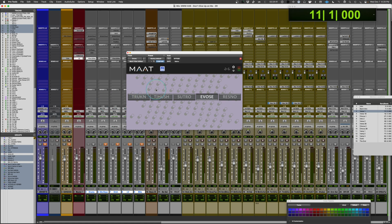They do have some descriptions for each of these. So for example, Truckin' here, they call it subtle sweetness and energy, which can mean a lot of things depending upon the material. This is a low amplitude version of that. Sutro is described as giving more attention to frequencies above 8K, so that would probably give you a little more presence and air. Resno here enhances or puts your attention more towards the upper mids. And then Evos is giving you what they call warm forwardness and resonance. So basically it's apparently like Resno cranked up,